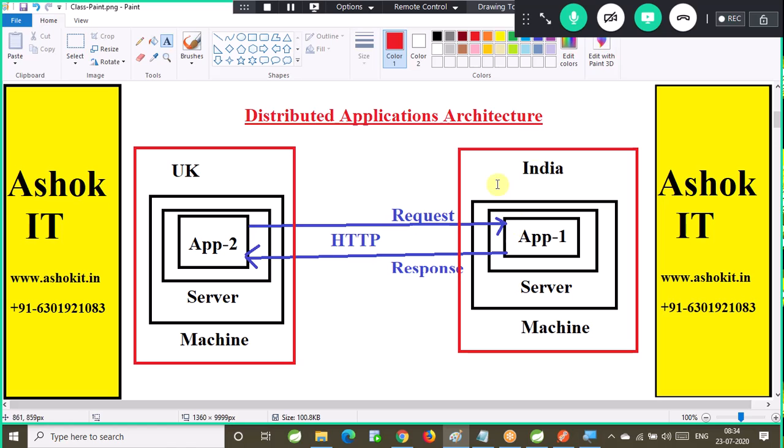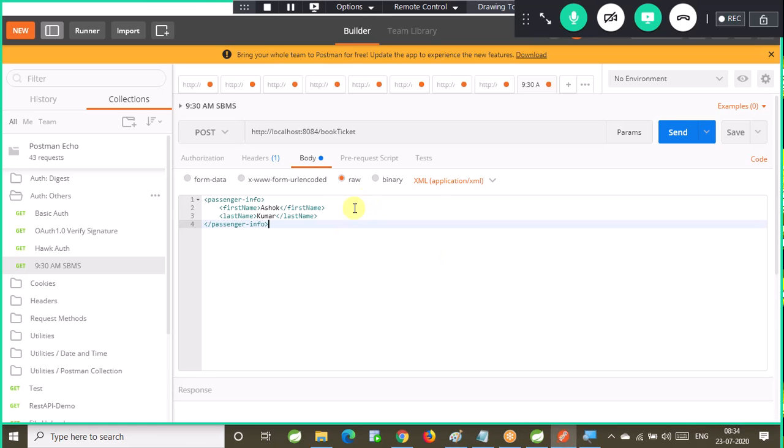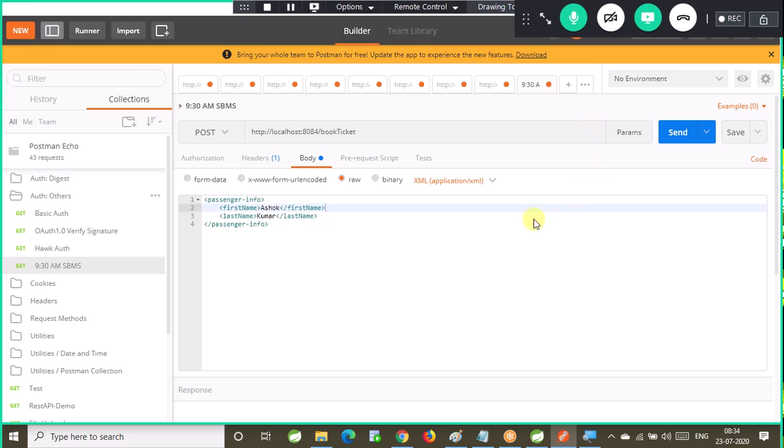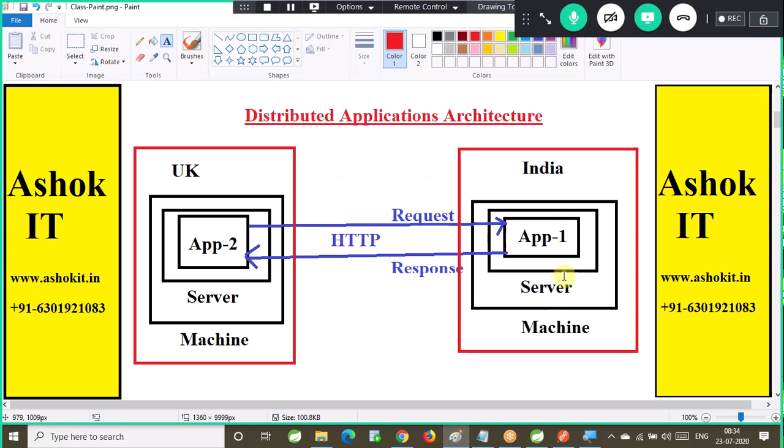Right. Here as of now, my programming language is not available. I don't know how to develop a client by using Java. Then simply use Postman as a client. Use the Postman tool as a client to send the request to the REST API. That Postman tool is preparing an HTTP request like this. This is the Postman-prepared HTTP request that will be sent to the server. Then the server will process that request and it will send an HTTP response.